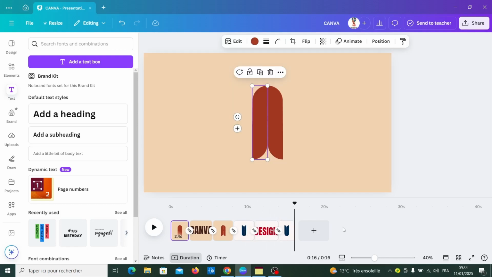Now our zoom in and zoom out text animation is ready. Download your design